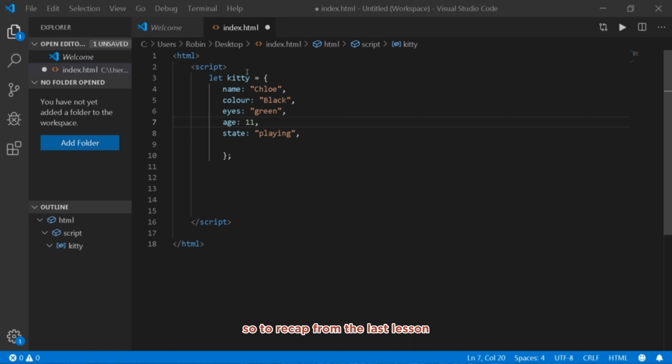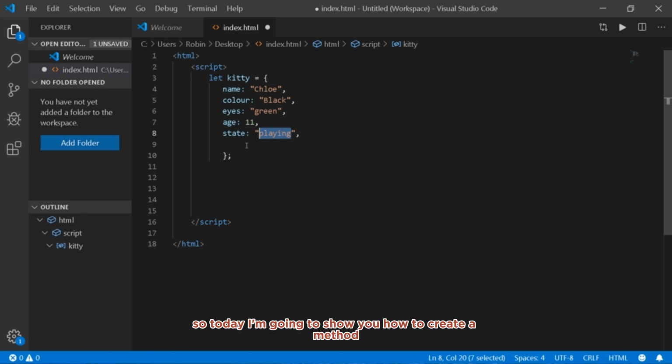So to recap from the last lesson, here's our object up here. We have kitty, which is the name of our object, and we have all these different properties for our object. We have a name, a color, our eyes, our age, and the current state of our cat, which is currently playing. These are just different properties that we can do different things with inside of our object. So today I'm going to show you how to create a method,